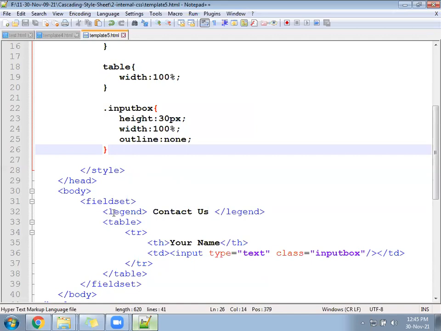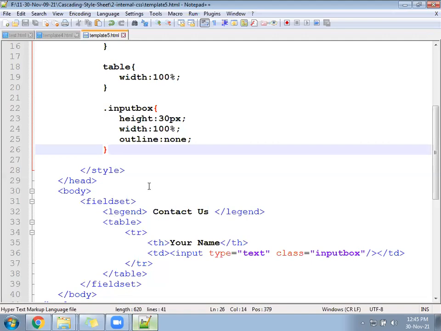Focus means where you click, your cursor blinks there. Hover, before, after are applicable for all, for the text box also. The extra thing is focus.